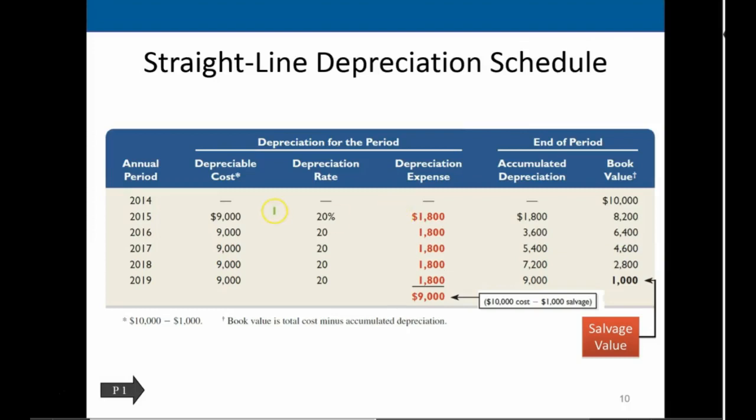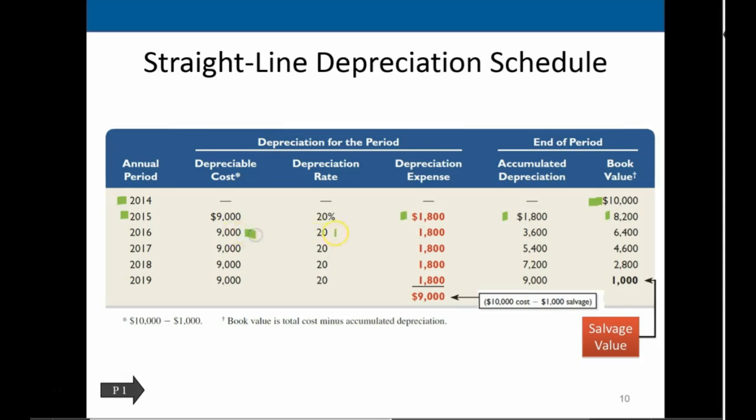If we look at it in terms of a table, we can say here's the original cost when we bought it, and then in 2015 we're going to say the depreciation rate is 20% because it's a 5-year property, and so if we calculate the percent on that, it would be 20%. We're going to take the 1,800 per year. Therefore, the accumulated depreciation is 1,800, and the 10,000 minus the 1,800 gives us the 8,200, and the cost is